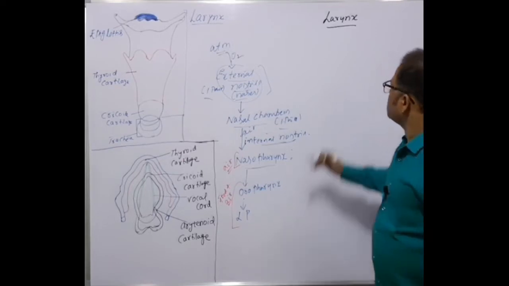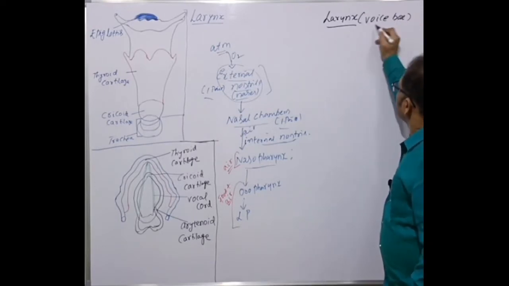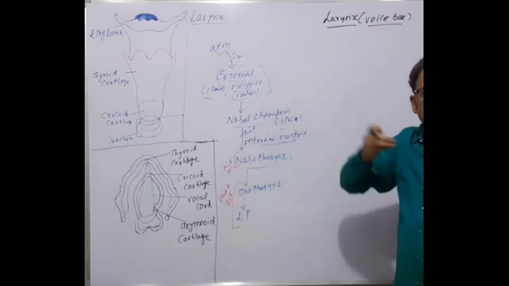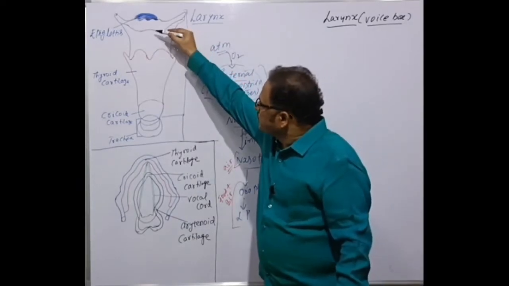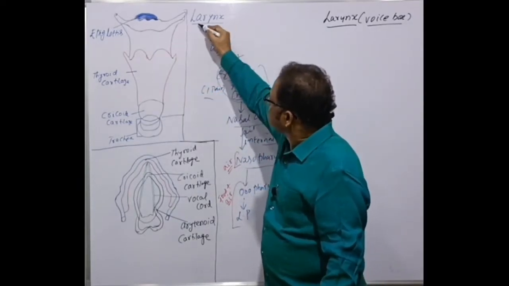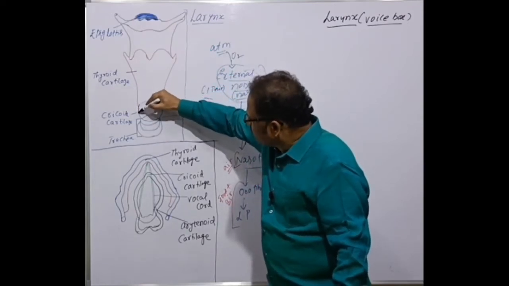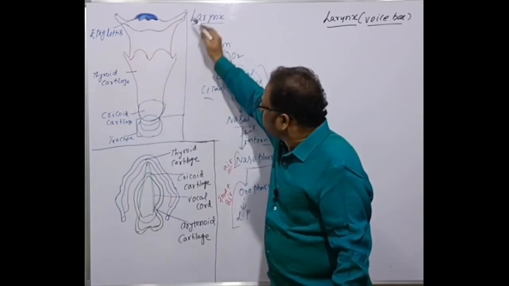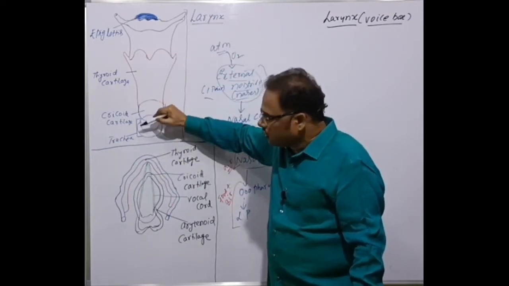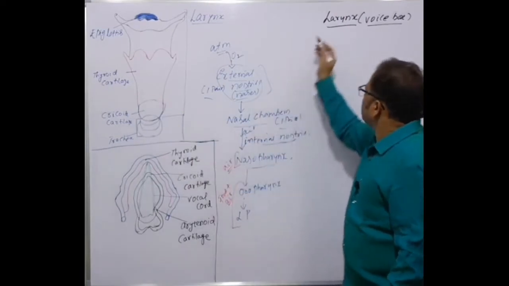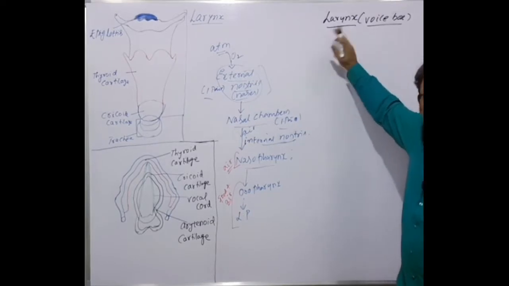So the larynx is also called the voice box, because here the sound is produced. That's why the larynx is called the voice box. See here, all of you. This is the larynx, also called the voice box. The entire structure, from here to here, up to here only. This is called the voice box, larynx. And this is the trachea. This is different. We'll be discussing the trachea later, not now. This larynx is called the voice box and it produces the sound. That's why it is called the sound box or voice box.